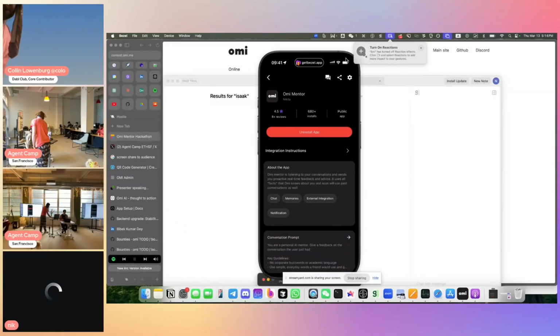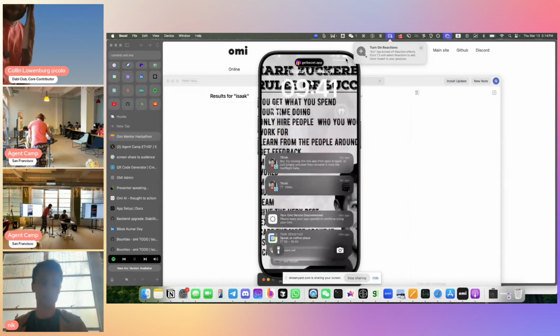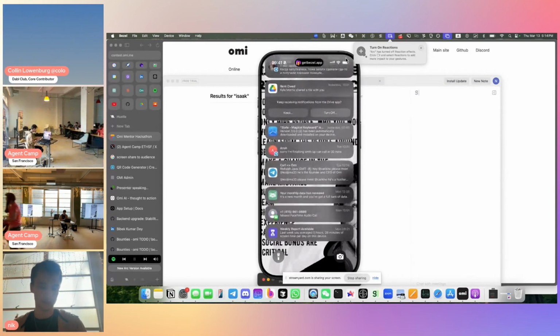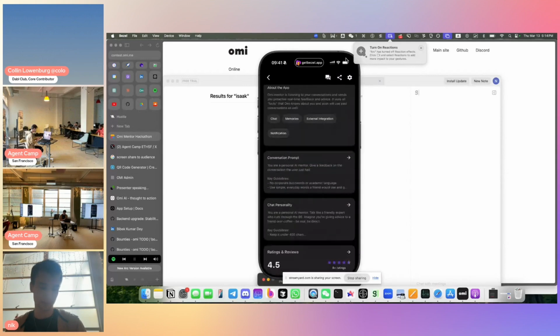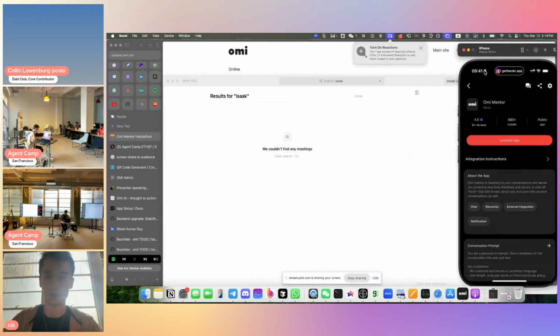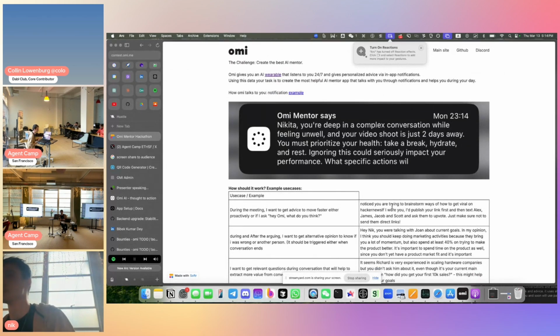I'll show Omi Mentor, which I actually built. But the problem, and how it works, is here. Actually, let me see. Do I have any notification maybe for it? No, unfortunately not. I'll just show you here on the screen. So this is an example of a notification it gives. It listens to your conversation and tells me something like, "Hey Nick, you have a video shoot.